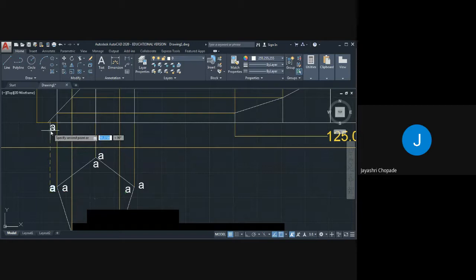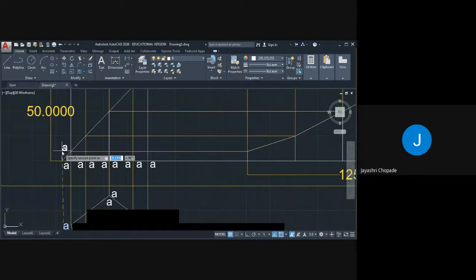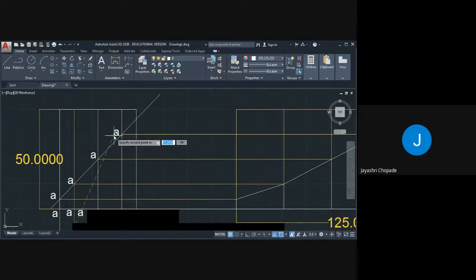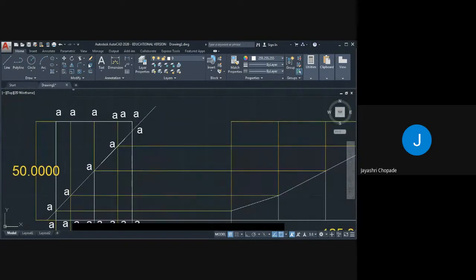Again give the name over here. Then this is a cutting plane, so we need to give name here also. Now we will edit it.